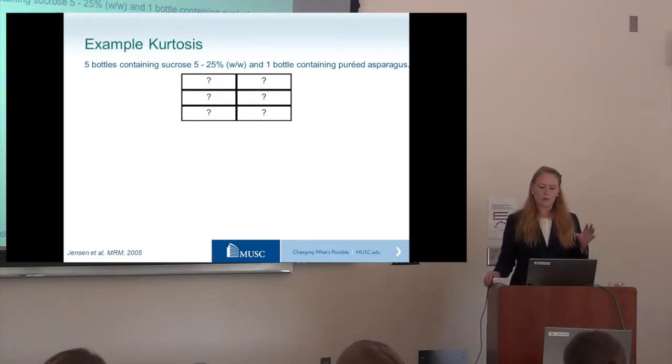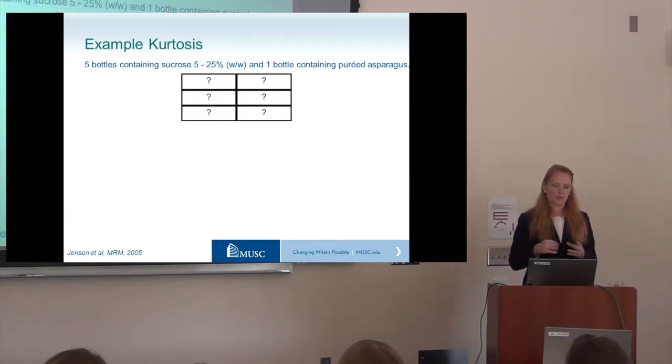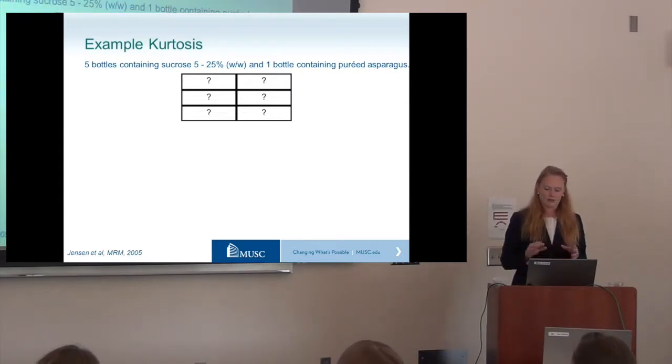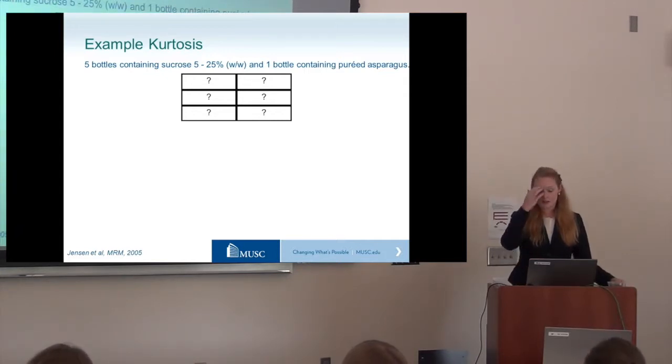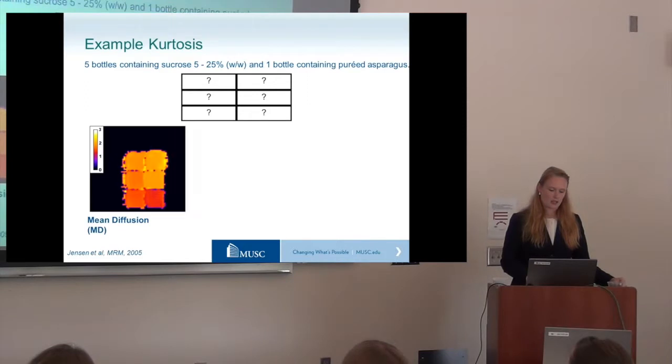And in one of them, we added some pureed asparagus, something that's very finely mushed up, so it doesn't have chunks or anything. We want to see if we can predict which of the vials has the asparagus in it. So if we put this set of vials into the MRI scanner and do diffusion MRI, this is what